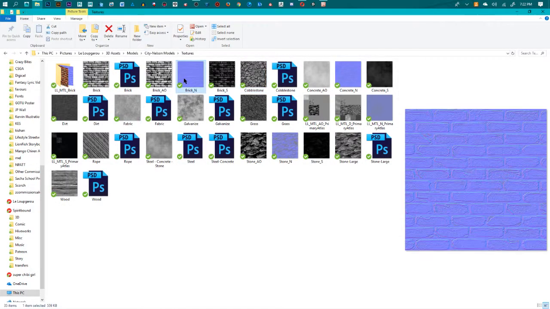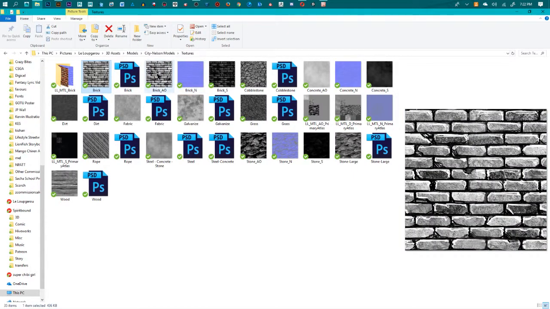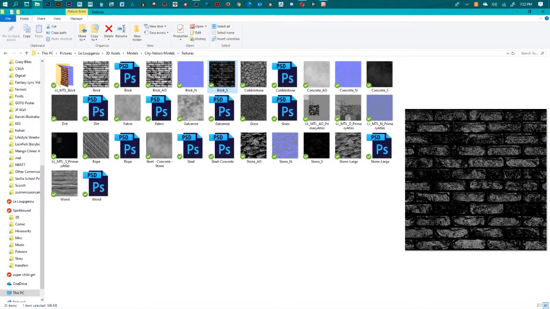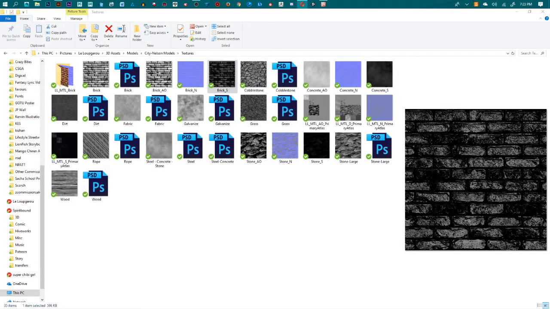The next map that I create is the ambient occlusion, which can also be used for height if you're using Unity. I can't say for Unreal. Ambient occlusion, your normal map, and your specular. Now, the easiest way I found of doing these textures is using a site called Normal Map Online. Just Google for that, and you put in